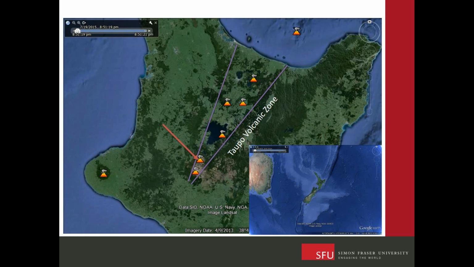Just a bit of geography. New Zealand is down the bottom of the Pacific Ocean. We've got the Pacific Plate and the Australian Plate in the subduction zone plate boundary cutting through. That results in the Taupo Volcanic Zone, which is this big area of extension as this East Cape kind of rotates to the southeast. And that results in many volcanoes in this area. And this is Mount Tongariro at the very southern end of the TVZ here.